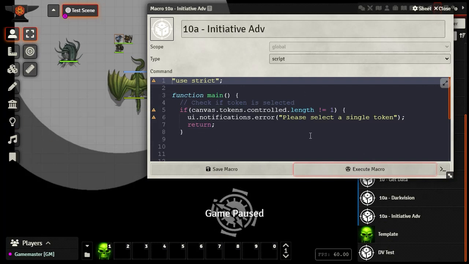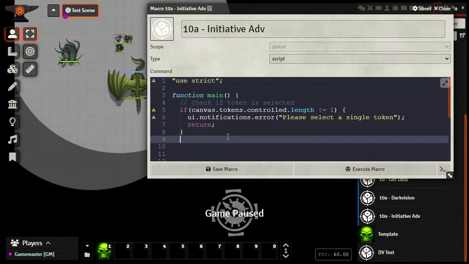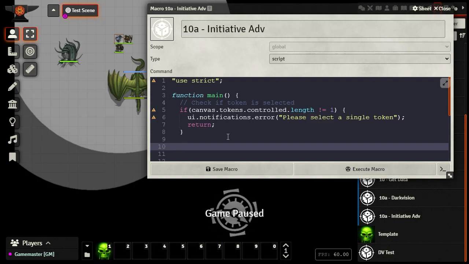Of course, we're not going to see anything, but this will help us know that, yes, we are only getting 1 token. And that's pretty key for this, because we want to guarantee that our array element or our map 0 element is going to be our selected token. And if we had more, it could be them and it could not be them. We never know. So the next thing I want to do, now that I know that we have just a single token selected,